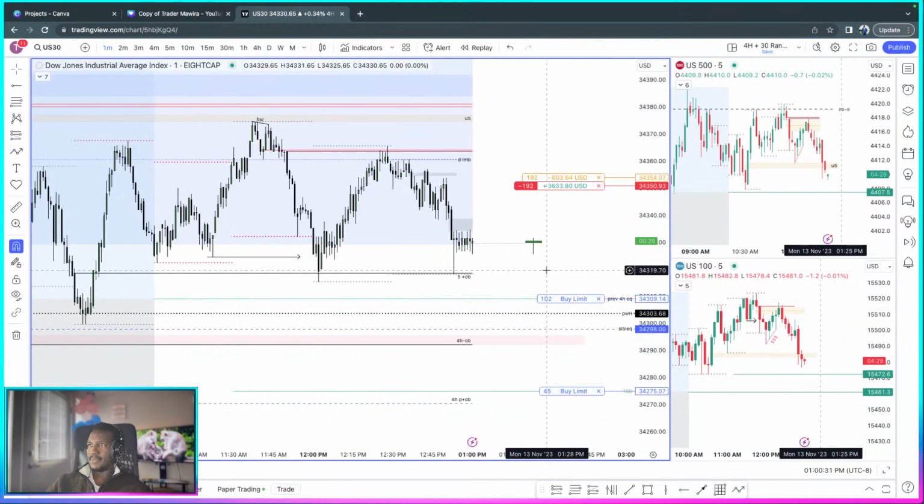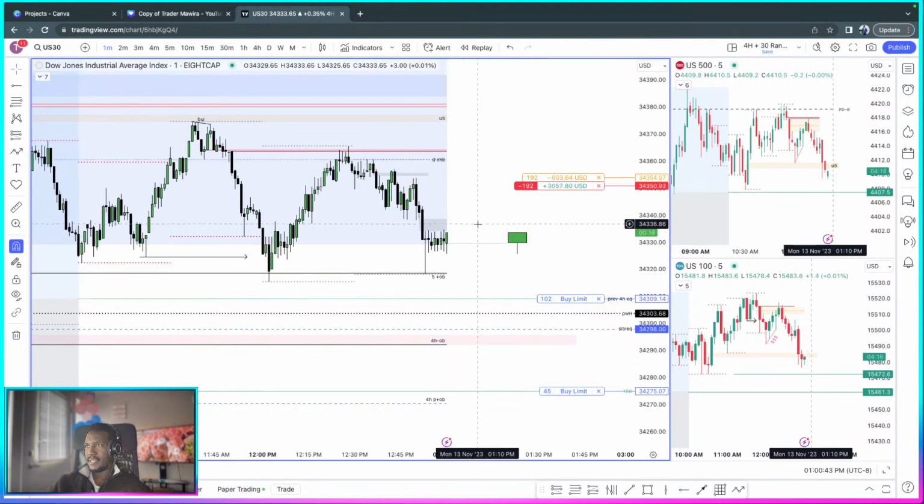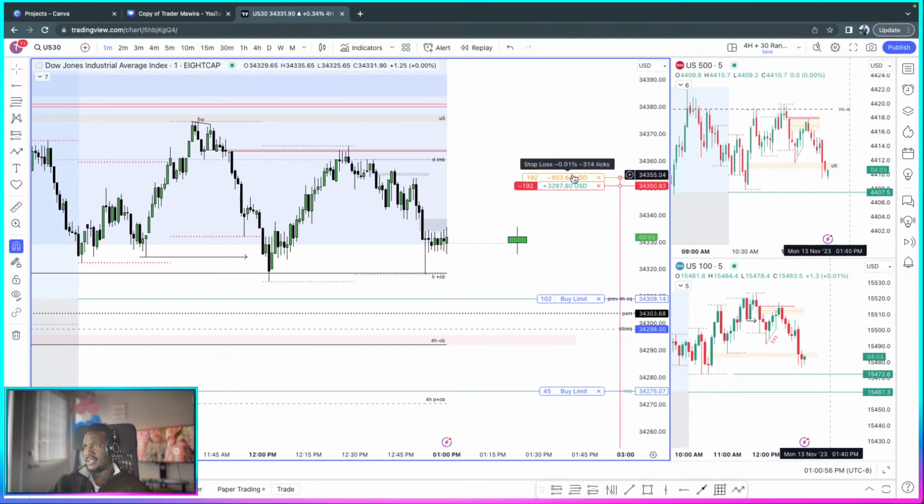But let's see, this is like consolidation, right? Now I would like it if we take the high and then shoot down, leave a fair value gap. That would be nice. So I like what I'm seeing right now after that consolidation, that we've now gone above the consolidation, and then we shoot down. And so my TP is just right.